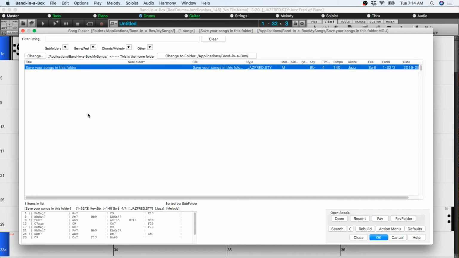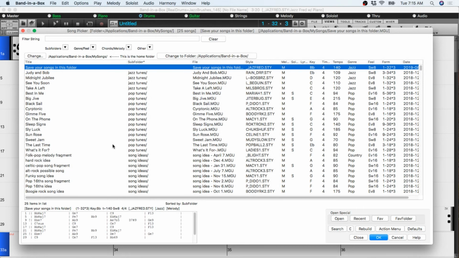It's intended for you to put any of your own song files in as many subfolders as you like, as kind of a home base for your own song collection. But of course, you can also choose any other folder you want to be your home folder. For myself, you can see that I've started adding my own songs to various subfolders within the main My Songs